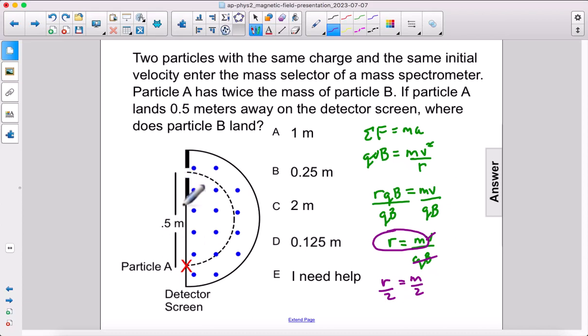So right now, the diameter of the orbit is 0.5, which means the radius is 0.25. But we don't actually have to convert it to radius or diameter, because if the radius is cut in half, the diameter is also cut in half, which means particle B is going to land halfway, so 0.25 meters. It will have half the radius, it will have half the diameter. The answer is